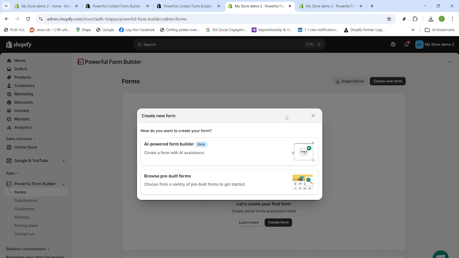That's it. You've installed a vetted app, selected a free plan, and opened the form builder where reCAPTCHA protection can be applied to your forms. Follow the on-screen prompts in the builder to find